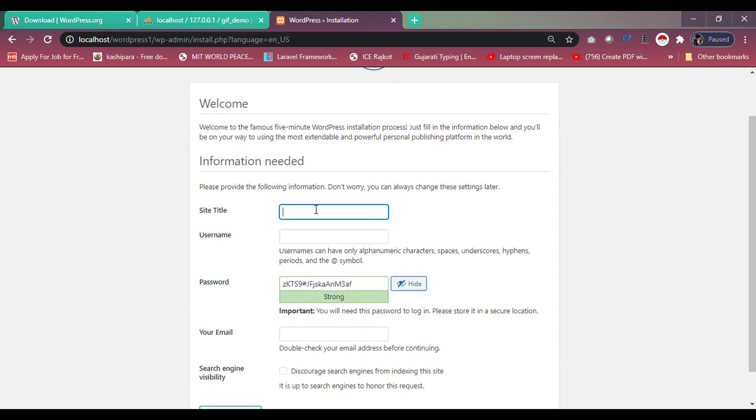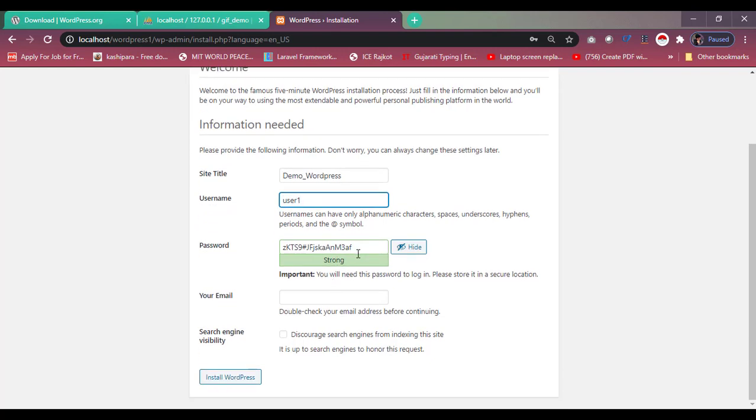Okay, here you have to provide the site title. We will provide demo underscore WordPress. A username is required here because we have to log in to edit our website. So for that we have to provide our username. That can be user1 or anything you can keep. This is the default password provided by the WordPress configuration file.